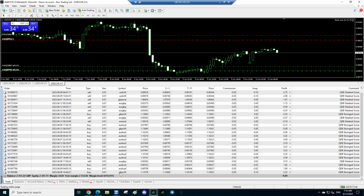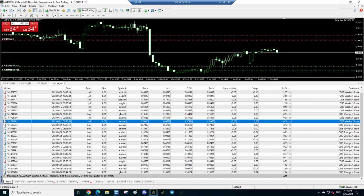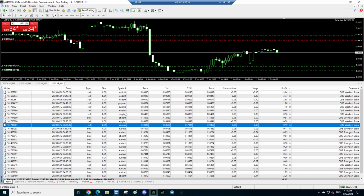We've got a bit of pound long, and we see we're selling EG, and that's going okay. And some Aussie longs as well, and EA sell. So more Aussie longs basically. EG sells, and we've got these dollar Swiss from last week. But like I say,